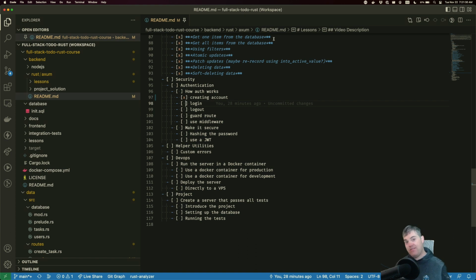Now that we have the ability to create an account with our Axum server, it's time for us to be able to log in. Now, logging in happens when we've previously created an account. Our user comes back and wants to get a new token. Basically, they want to prove that they are who they say they are. And they're going to do this with the same username and the same password that they used before. Let's go ahead and set up exactly what I mean here.